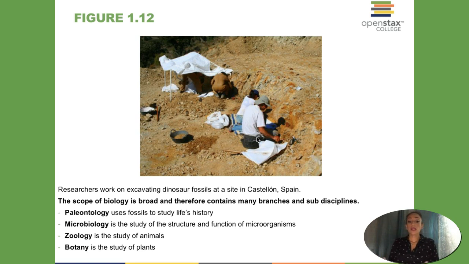Paleontology, they're going to be studying the fossils to study life's history, because as you all know, history repeats itself. Microbiology studies the structure and functions of microorganisms. Zoology studies the different animals. Botany is going to be studying the plants, okay? All of these are very, very important for any kind of discipline that you're going to be studying in the